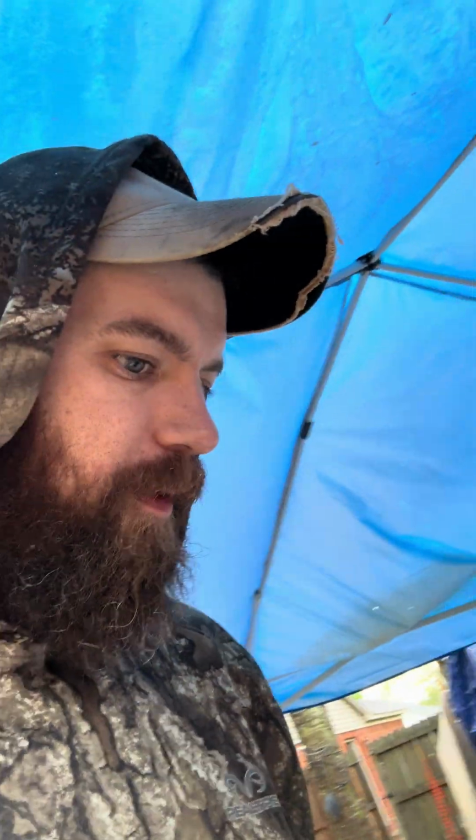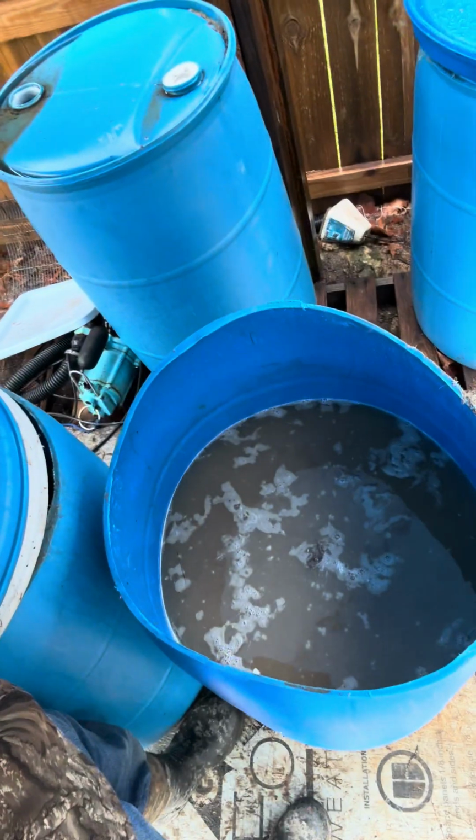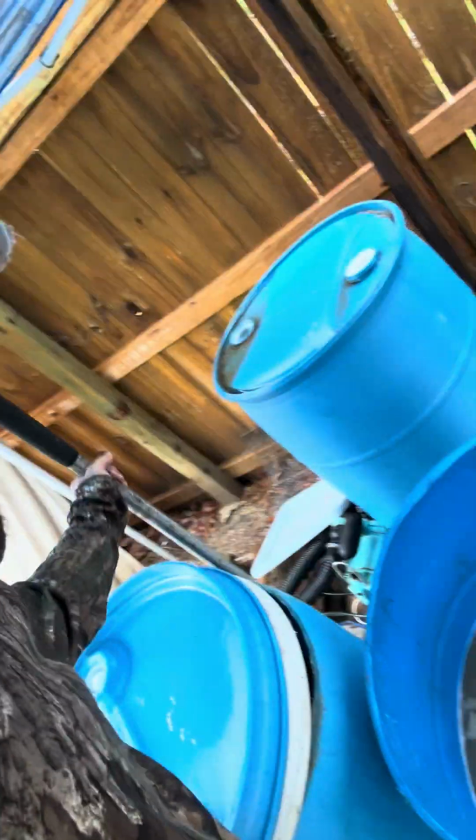All right, y'all. We've taken our cowhide out of the degreaser, and now we've placed it back up in the pickle here, and that's where it's at. All right. So it's gonna be there. Make sure